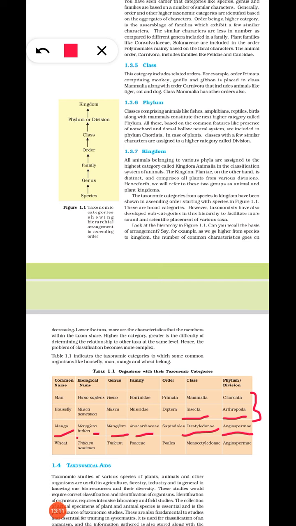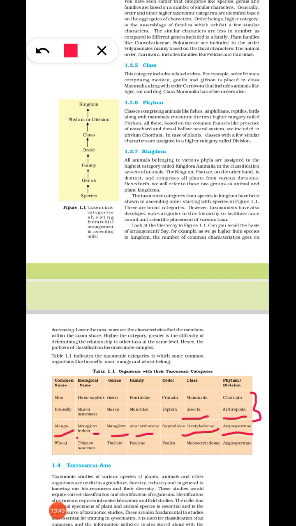So from here you can see genus is used in the scientific naming, isn't it? Genus will be written in the first part of the name. Then listen, Anacardiaceae is the family. Sapindales is the order. Dicotyledonae. Have you heard about dicotyledons? So that only, Dicotyledonae, and the phylum is Angiospermae.